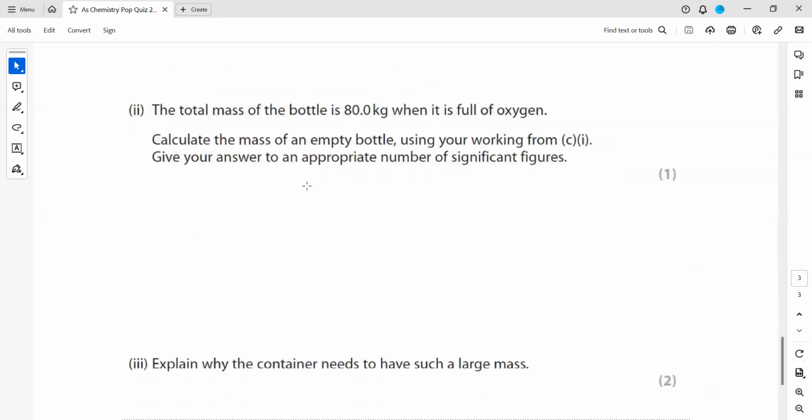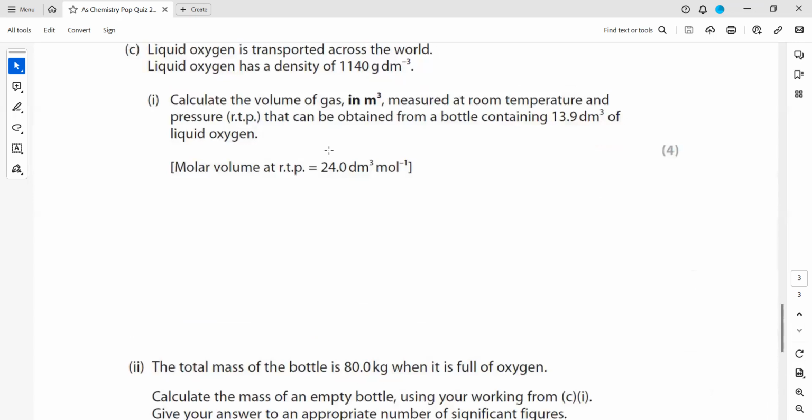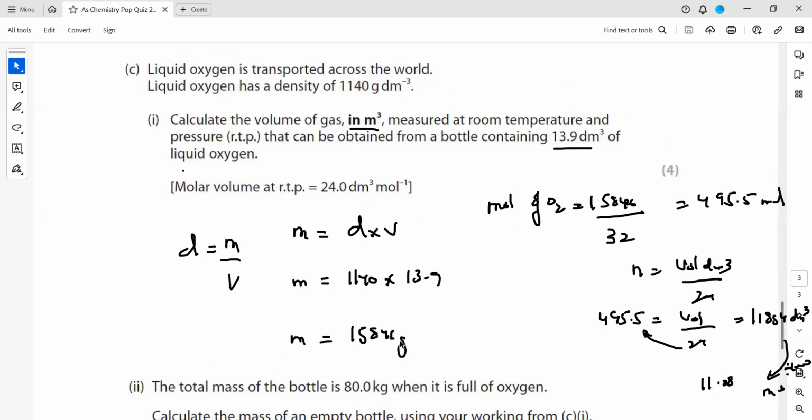The next: the total mass of a bottle is 80 kilogram when it is full of oxygen. Calculate the mass of the empty bottle using your working from C1. Give your answer to an appropriate number of significant figures. Look, as we worked out, this was the total mass of oxygen, which is